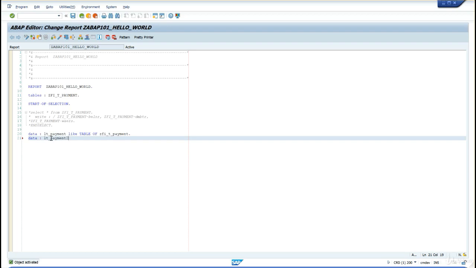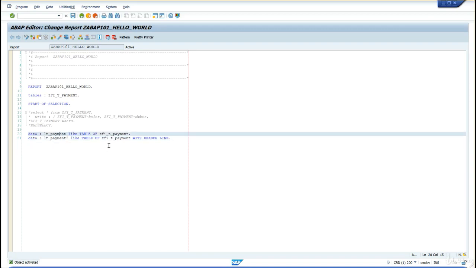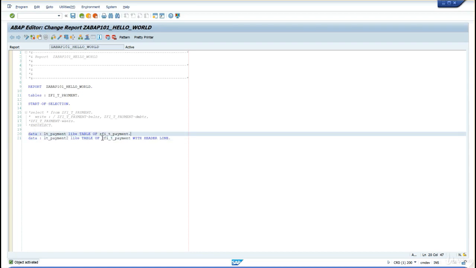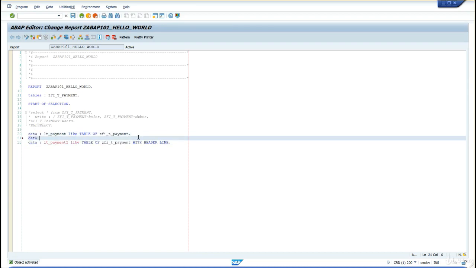2. I'm using tab autocomplete. So this one is an internal table without a header line, and this one is an internal table with header line, which means with a work area. We need a work area to use this internal table, so I just write WA for work area, LT is for local table,